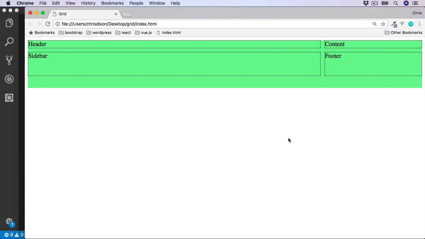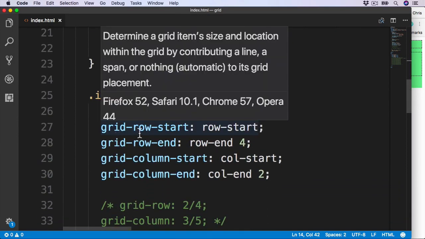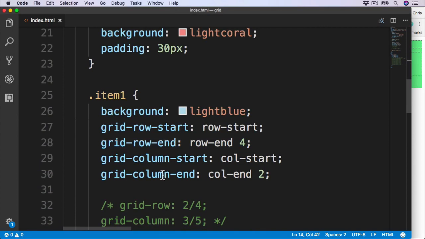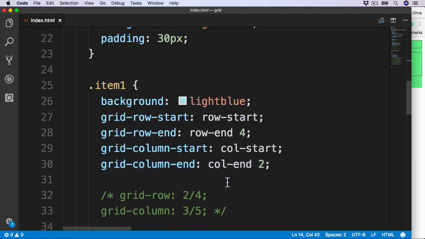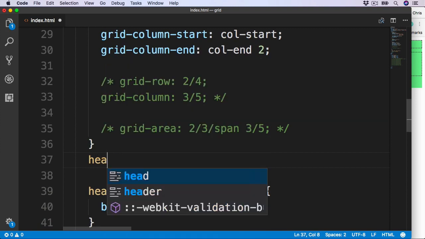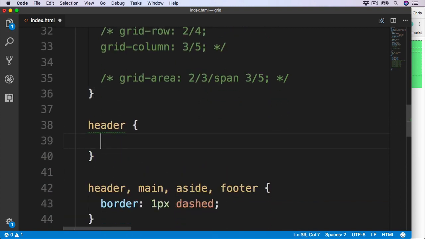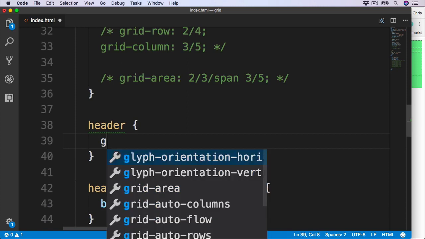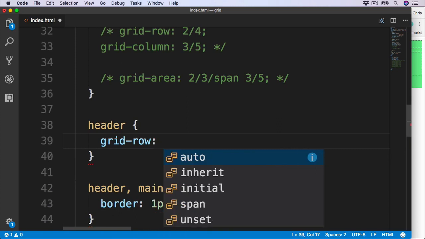We do this with the same 4 properties we've already used. If we go down to item 1, we used grid row start, row end, column start, and column end. Or we can use the shorthand of grid row and grid column, which we've already looked at. So let's set this up. First of all, we can target the header. So we set the size of this header by using grid row and grid column. So first of all, grid row, this can be the header